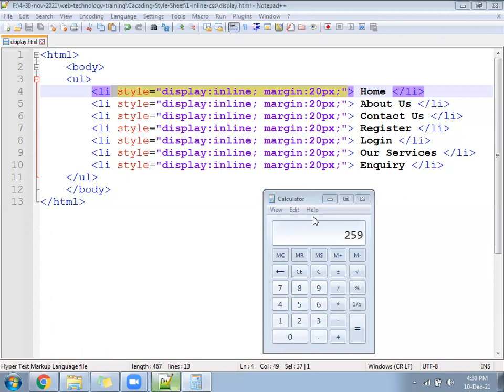Like suppose one file, you have 1 MB, one file you have 20 MB. When you download the file from server, 1 MB will take less time, 20 MB will take more time. Here your file will become heavy. If the file becomes heavy, then it will take a long time to execute. Okay, page will become slow. User cannot wait 1 hour in front of your monitor. Right? So related to that, few points we have, that is the problem of inline CSS. We will make a note and then we'll enter under the internal CSS.